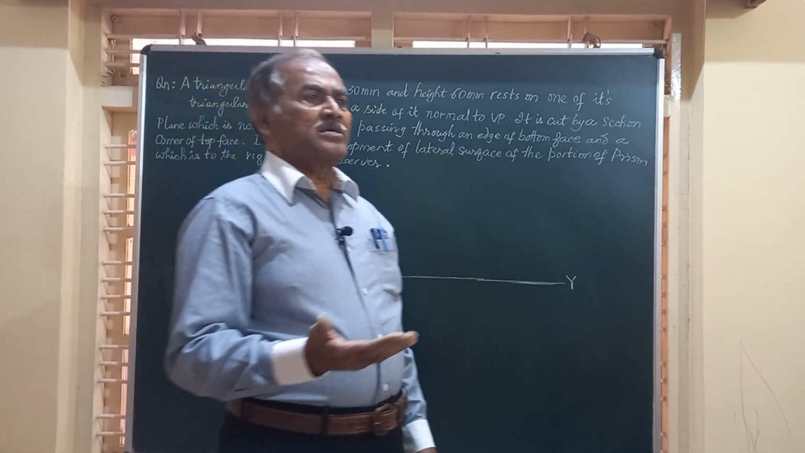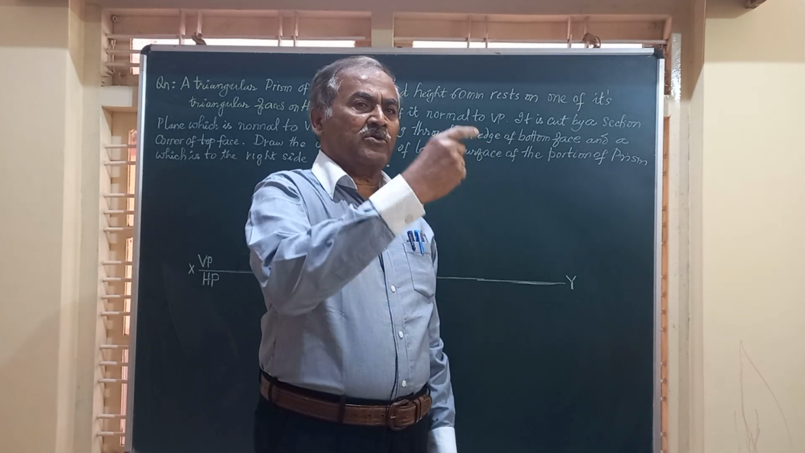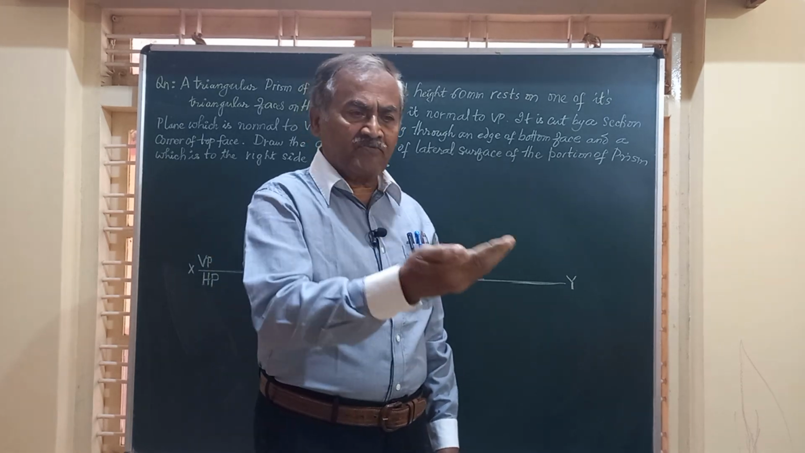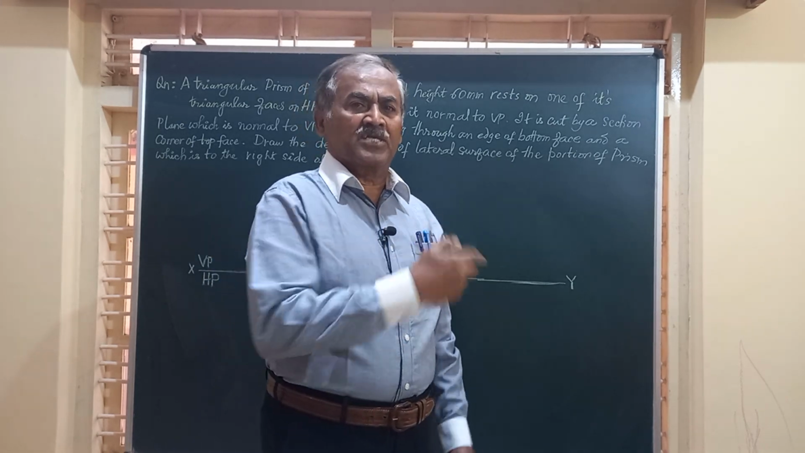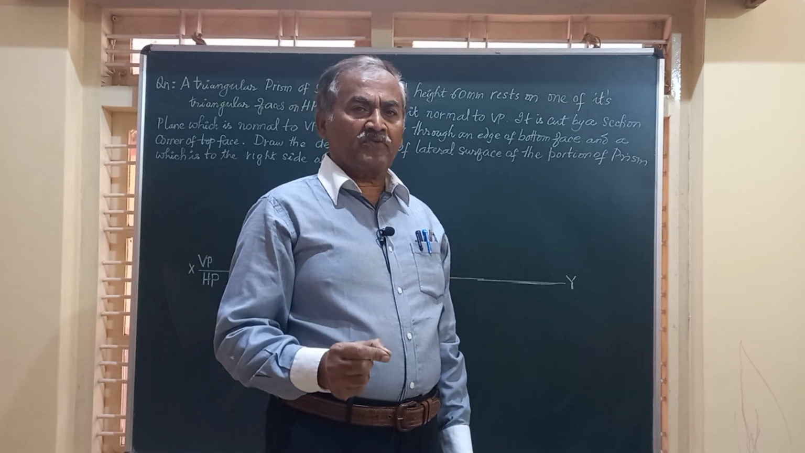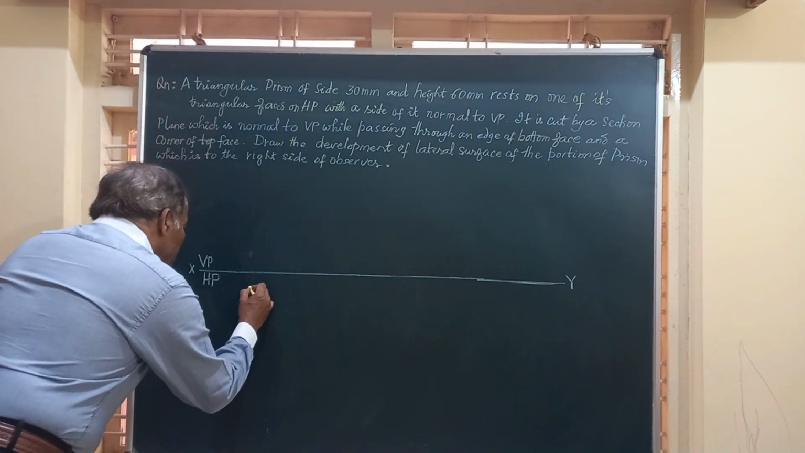So friends, the triangular prism is resting on HP. So very obviously you have to place it on HP such that one of the shorter edge of the triangular bottom face is normal to VP and obtain the top and front views of the solid for the given dimension. Friends, I will write down here